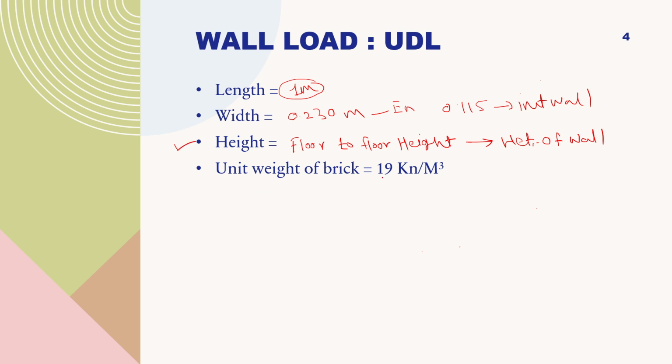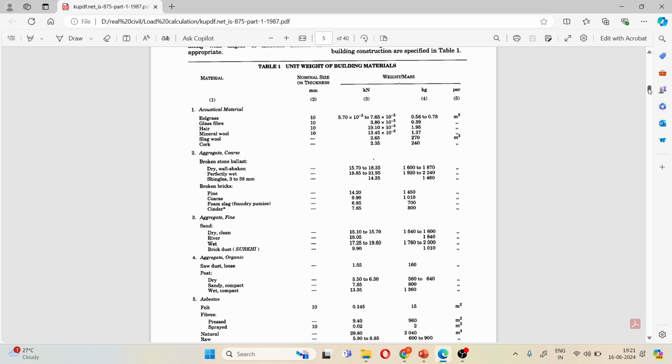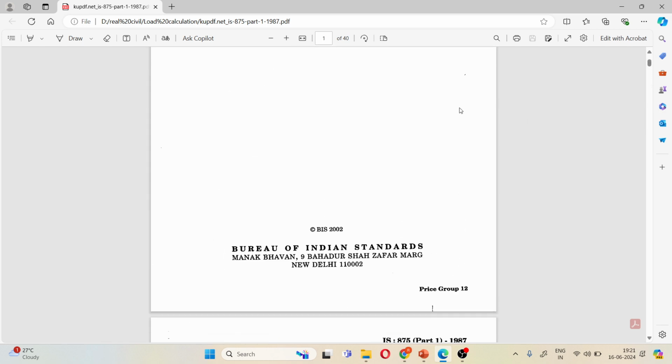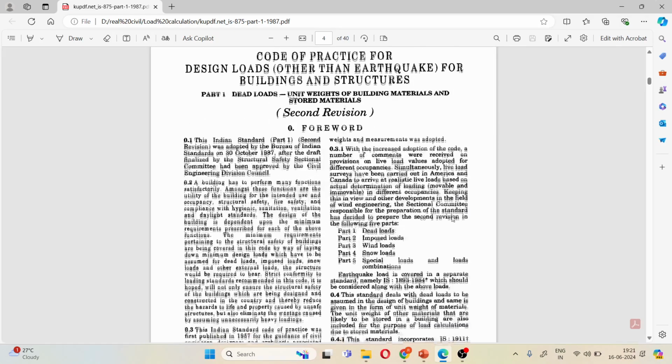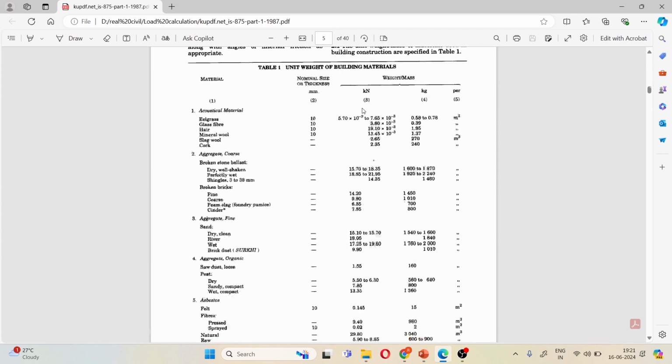Unit weight of the brick, where can you get this value? There is a code, I will show you. IS 875 part 1 is the code that deals with the dead load. In that there is one table that deals with unit weight of the building material.